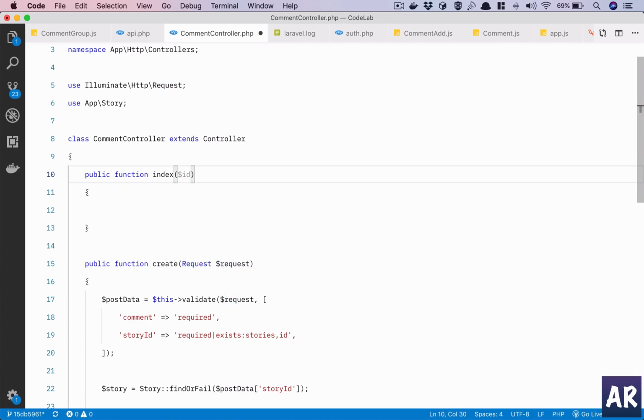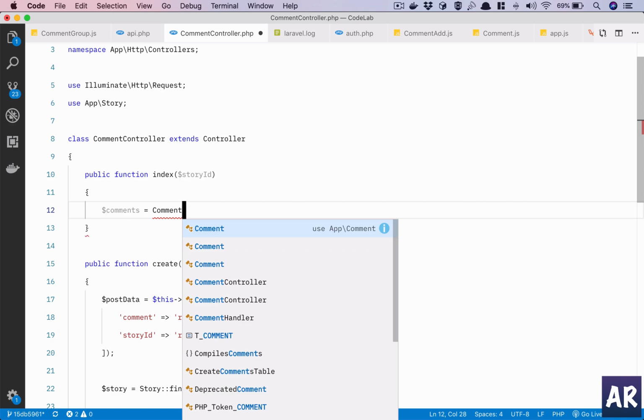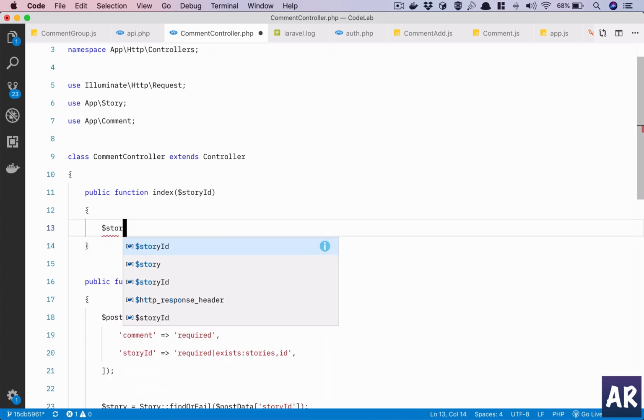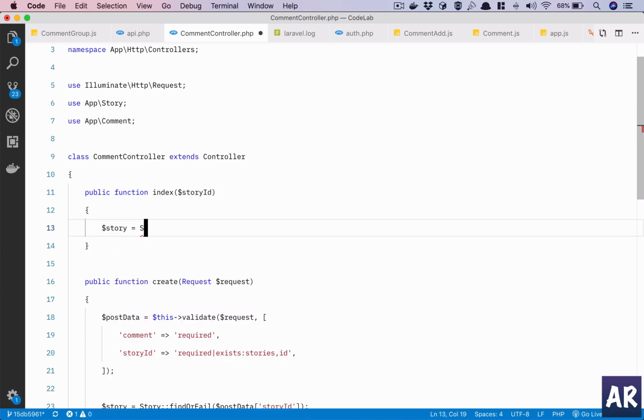So we'll pass the story ID, and we will load the story equals story